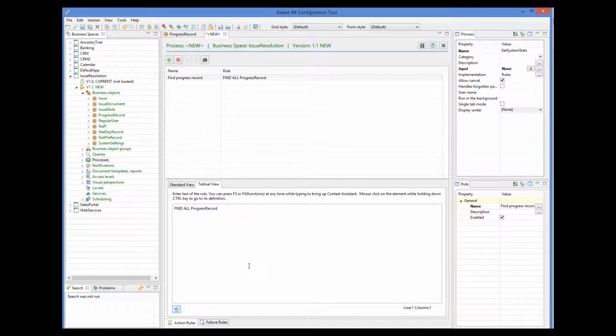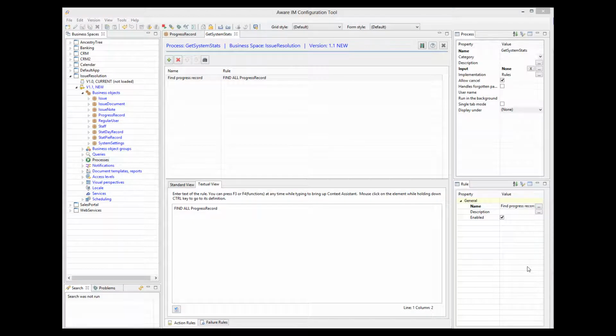Well, we don't. All we need to do is populate the context with the object we want to return, and the service mechanism will do the rest. So our process is ready. Now we can define the service. I create a service,